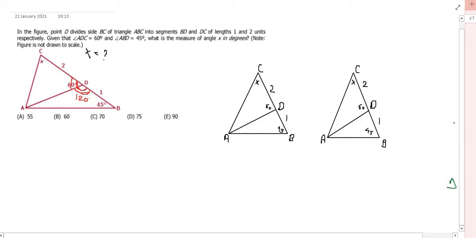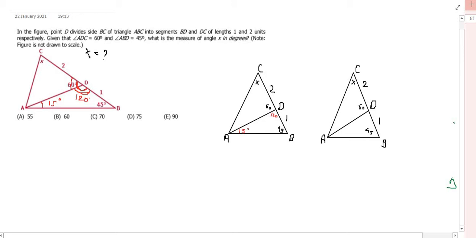What else can you conclude? Now if you look at the triangle ADB, in a triangle the sum of the angles is 180 degrees. Now we know two of the angles, one is 120 degrees and another one is 45 degrees. So this one will be 15 degrees here. I think that's all we can conclude so far from the figure. Let me put all this information over here. This angle is 120 degrees and this angle is going to be 15 degrees. Now we have to find out the degree measure of X.